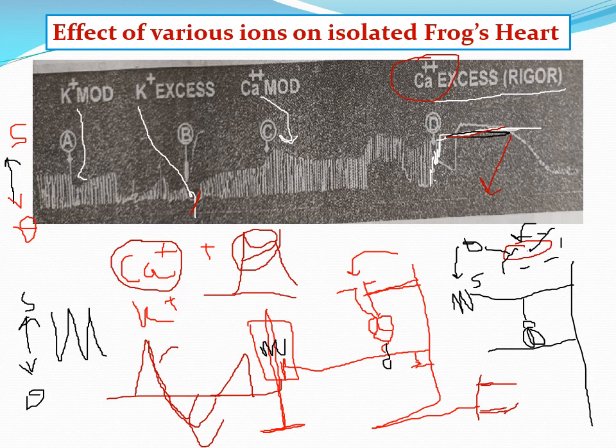It means if this happens in a human, then the death of the patient is ensured. Surely death will be there if the calcium is in excess, because the muscle cannot come out of it. It is an irreversible phenomenon, the effect of excess calcium, and the heart stops in systole. So students, up to this point we discussed the theoretical reason behind the increase and decrease in heart rate, heart stop in diastole, and heart stop in systole.